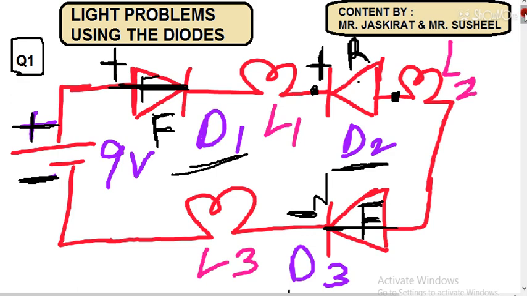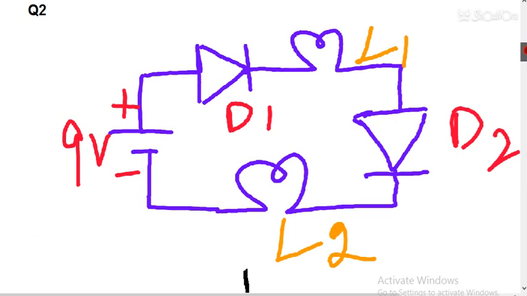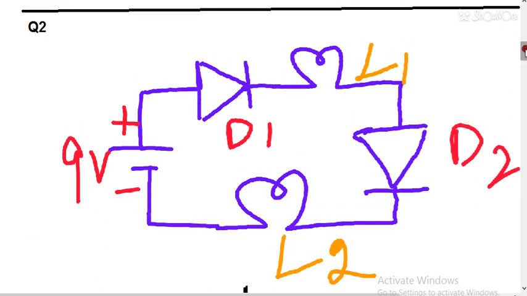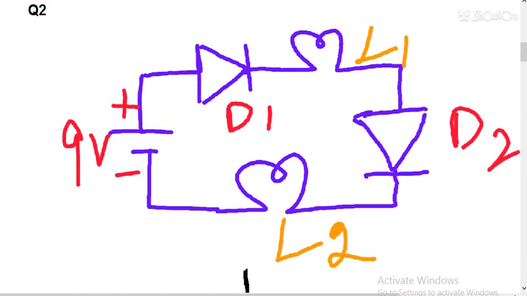So now moving to the second question, you can note down question number 1, or if any doubt then you can check again. So now see question number 2. Students, question number 2 is available on your screen. I will wait for 30 seconds so that you can try this question. You have to pause the video and do the question: which light will glow. Two lights are there, L1 and L2.